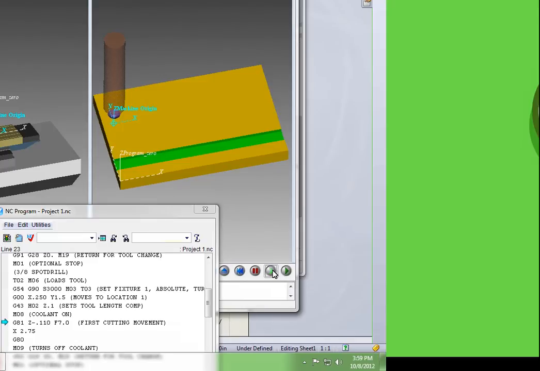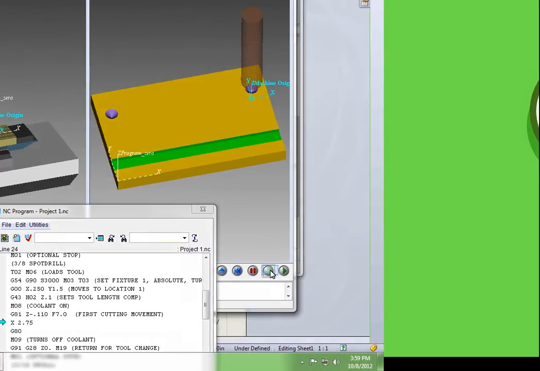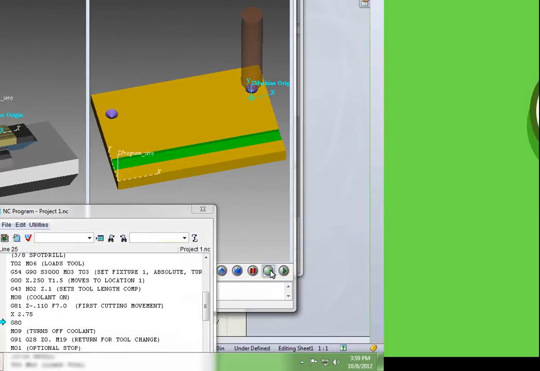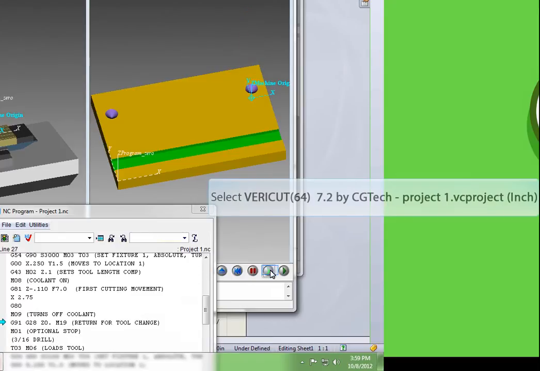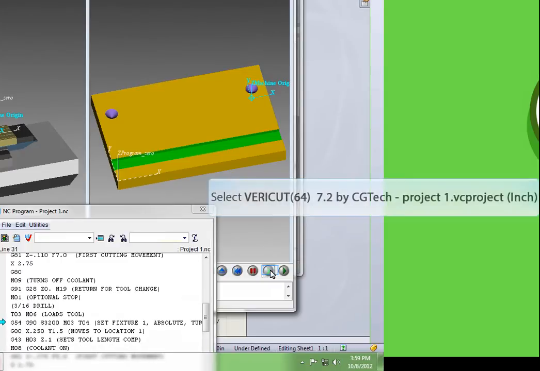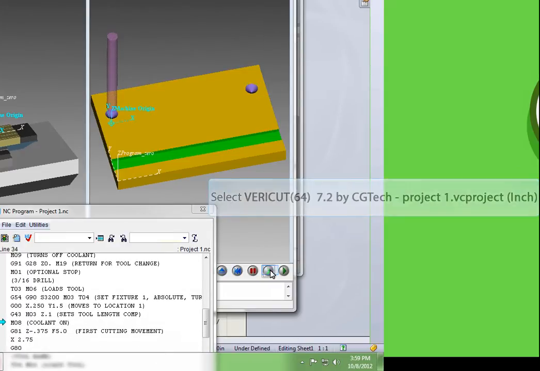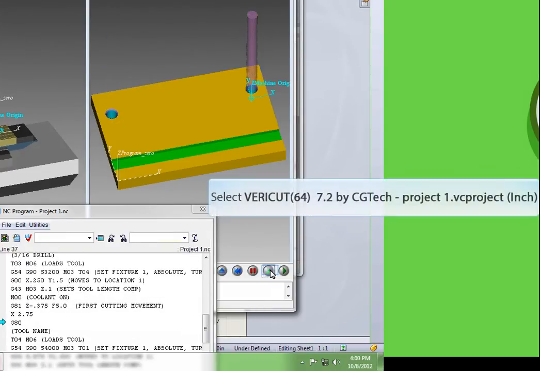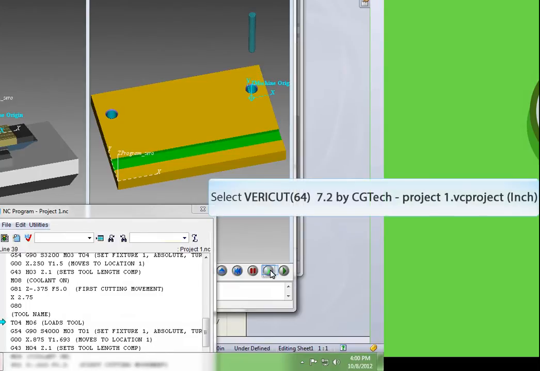It's going to move over to 2.75 and do the same thing over there. Cancel the cycle, turns off the coolant, brings the machine home, and I'm going to keep walking through tool 3, drills the hole, drills the other hole, tool 4, you'll see this gets my spot drill,